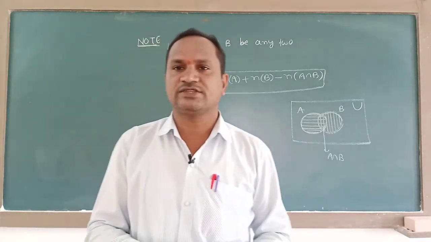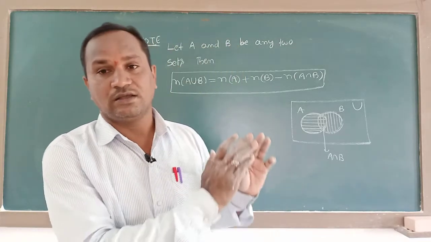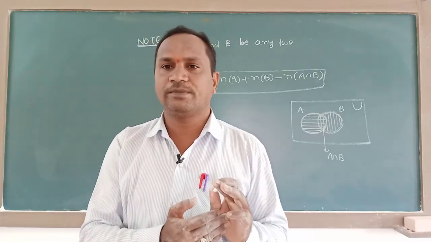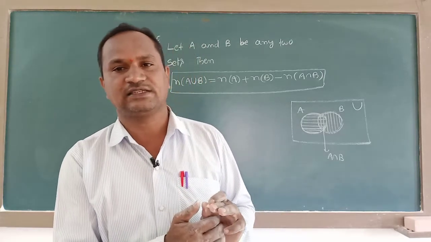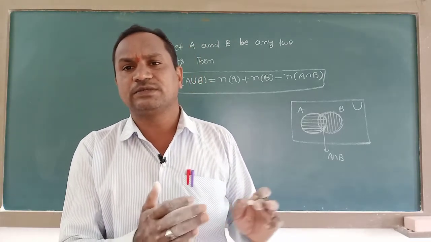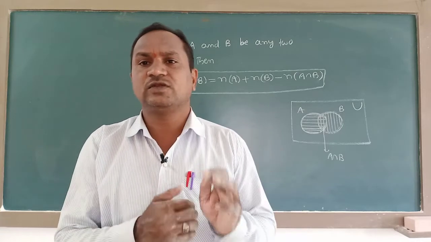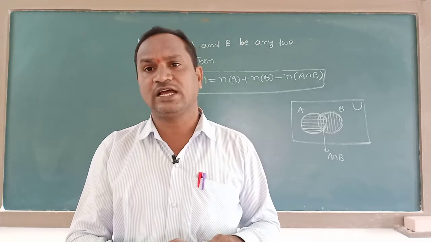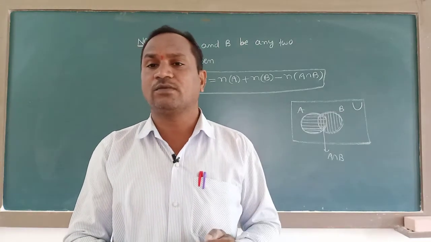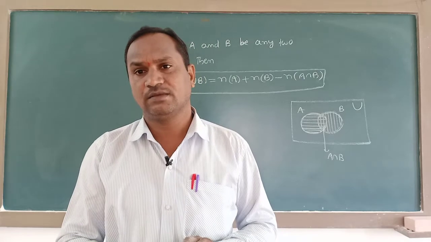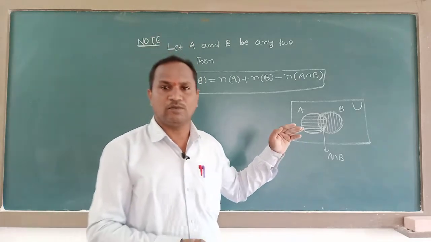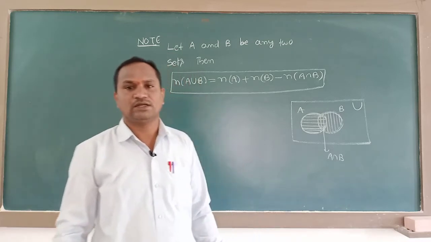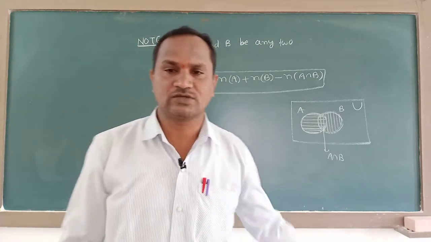But it's just the first class. Today we will solve the problems on this formula only. N of A union B is equal to n of A plus n of B minus n of A intersection B. By solving simple problems with the help of this, you can easily analyze different types of practical problems. At a later time, we will give some other important formulas. But right now, today we will solve the problems on this formula only. Now let us see some different types of problems on this formula.